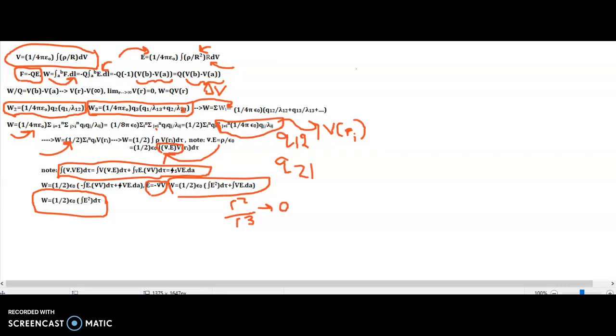Now, the way I was able to formulate this expression for work was by considering relationships between the charge density, the electric field, and of course the potential, which I can model with a diagram. I have the potential, which is the Coulomb constant integral over the charge density, over the radius, dv,